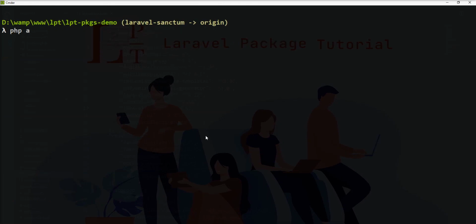Specify the artisan command, php artisan vendor:publish, and you need to specify the argument provider, and you need to specify here the namespace Laravel Tinker Tinker service provider.